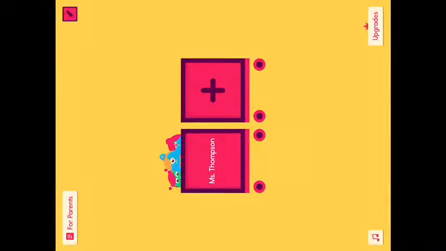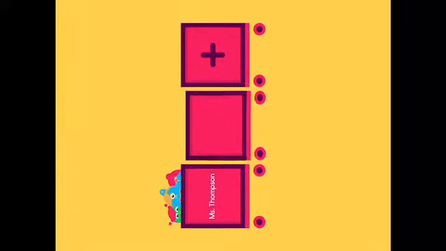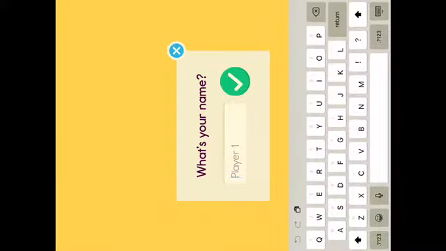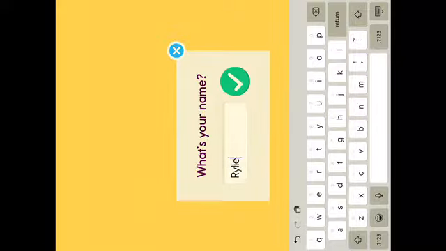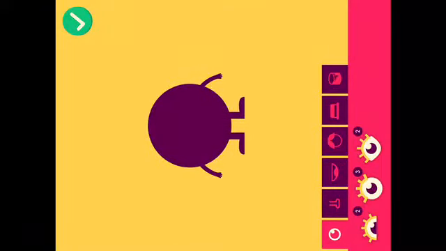So what the kids do on this is, if I were to click this plus button, they would go ahead and create a monster for themselves. So let's go ahead and enter their name and click the check. So now it's going to take me to this where it gives me eyes, nose, mouth, hair, hat, and color. So what you do is you just drag the eyes or all the other body parts. Actually, we'll just give it two, but you just drag them onto your body,